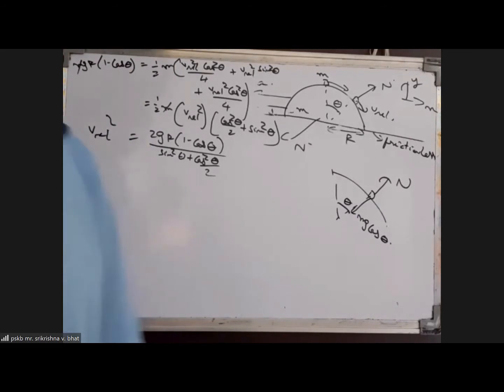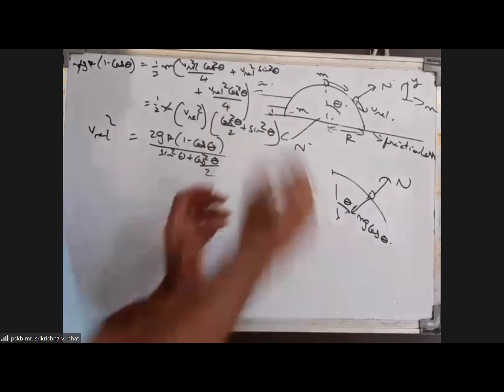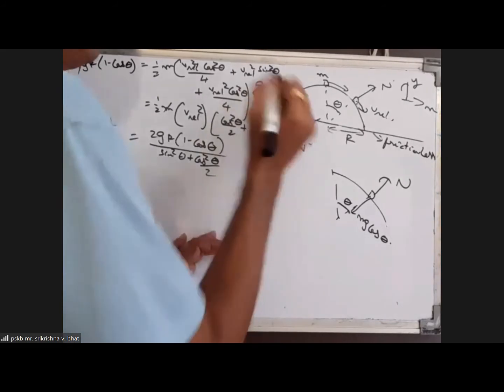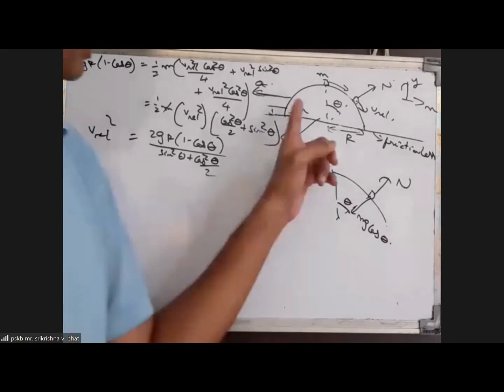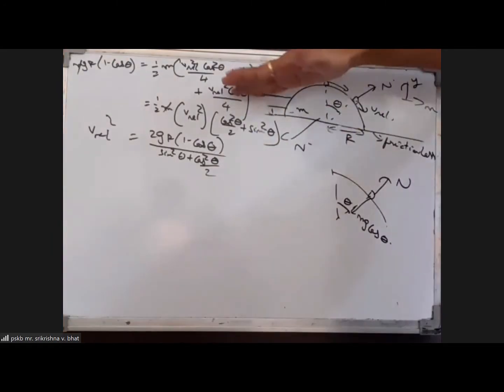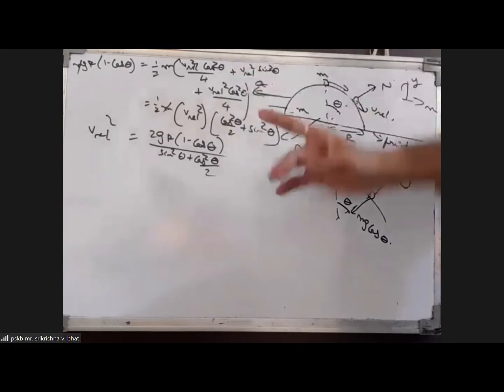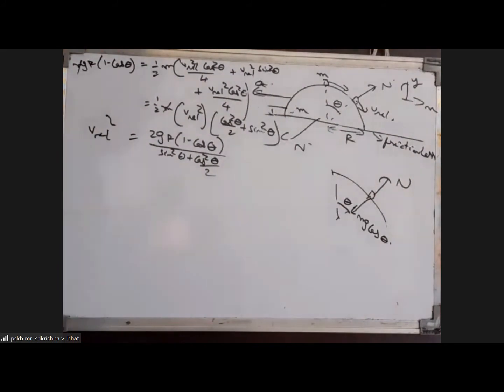But the thing is, when the normal contact force is about to be lost, the acceleration of the hemisphere also will become zero. Because the hemisphere accelerates mainly because of the horizontal component of the normal force. That horizontal component will become zero, therefore the acceleration of the hemisphere also should become zero. So the pseudo force also will be zero at the instant where the normal force is zero. Both have vanished.